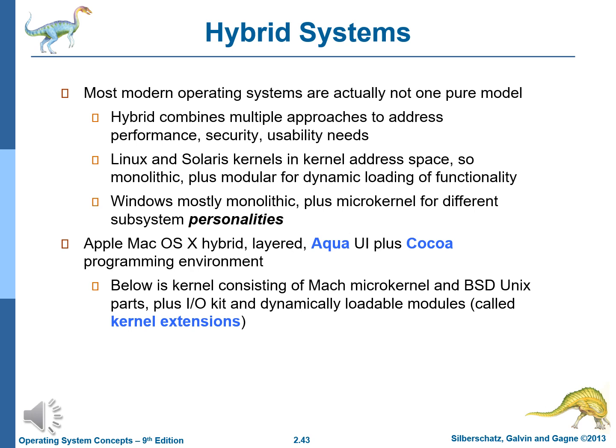Hybrid systems. In practice, very few operating systems adopt a single, strictly defined structure. Instead, they combine different structures, resulting in hybrid systems that address performance, security, and usability issues. For example,